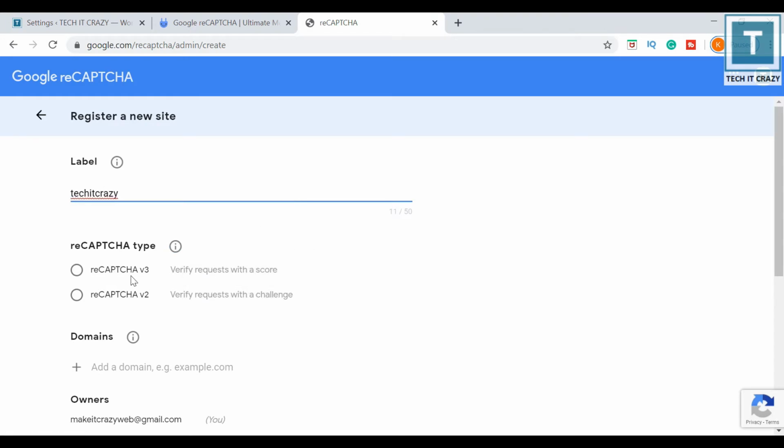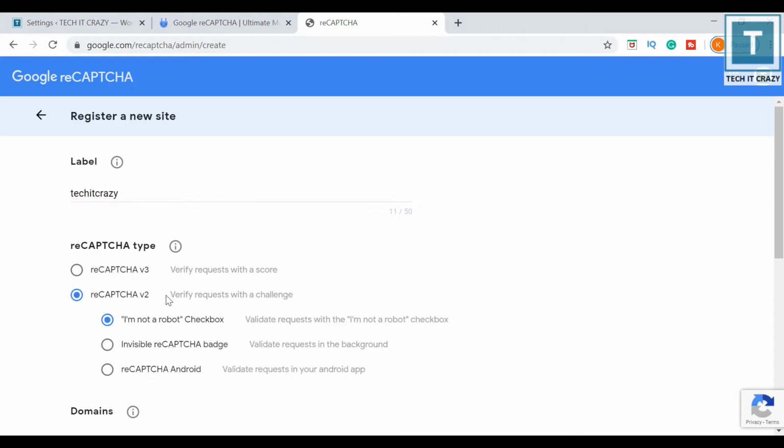There are two versions of reCAPTCHA. One automatically provides the reCAPTCHA verification to the website, that is reCAPTCHA version 3. If you need human interaction, like images or audio that the user hears and needs to enter the data for, you need to select reCAPTCHA version 2.